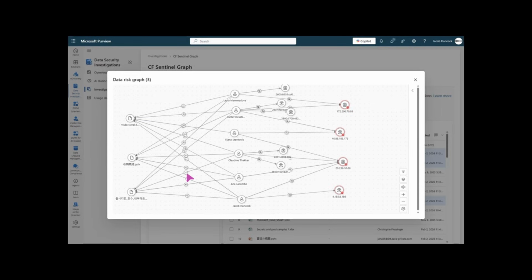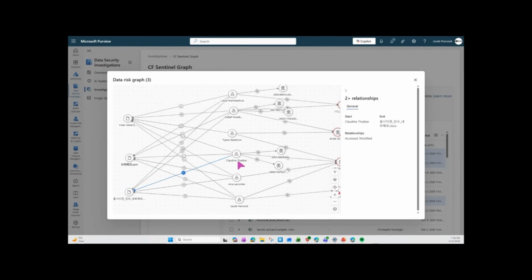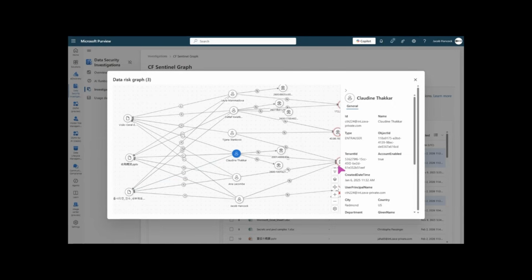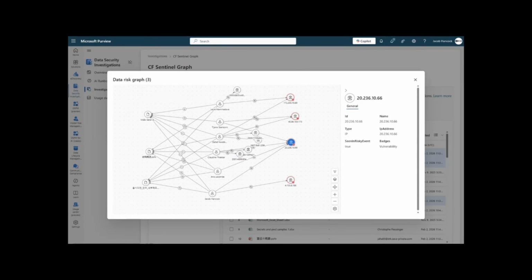Then the next thing we show you for those files, obviously, we show the users that performed those activities. So here I selected Claudine. She not only accessed this file, I think it's Korean, but she also modified it. And then we take it a step further, which is, let's get a little information from Claudine, but I'll take you to the punchline, which is, where did Claudine log in from? Did she log in from my corporate environment with my managed device? Or no, Claudine logged in from a very risky IP address, nation state, competitor, whatever it is.